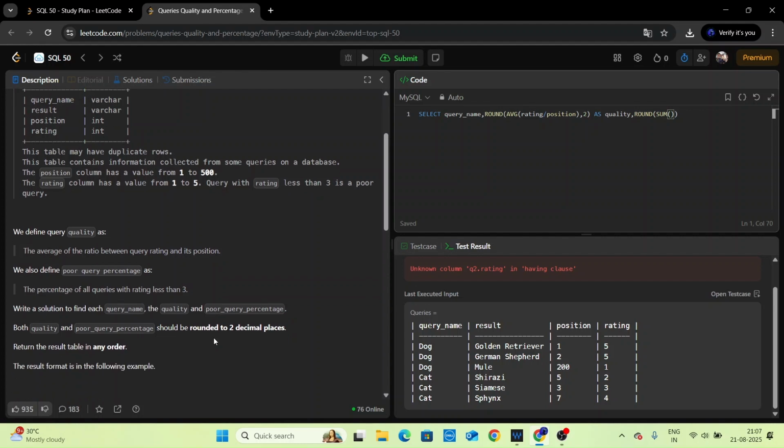We will get zeros when the rating is greater than 3, and if it's less than 3, we will get 1. So my basic understanding is we will use this case when. This is a new thing I learned just now. Case rating less than 3 means